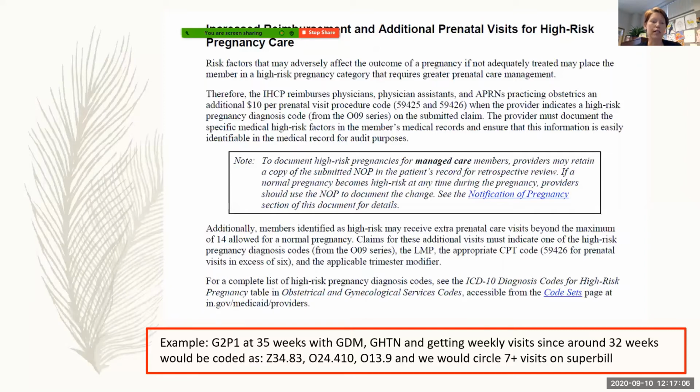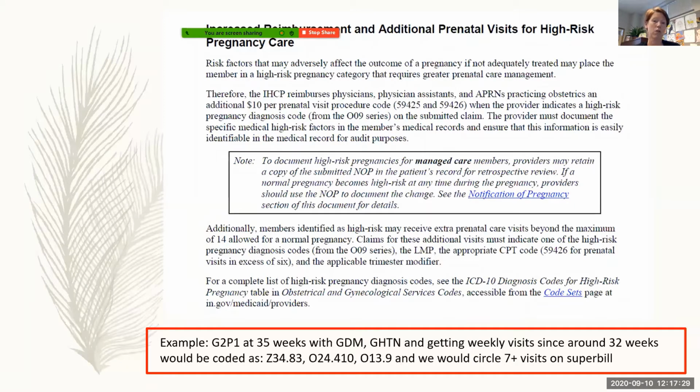And then the code for GDM, not that anyone needs to memorize this, and I do not have it memorized, is O24.410, and the gestational hypertension code is O13.9. And again, that just designates that those O codes are what ends up falling out for the high risk. And then when we're circling on the super bill, I'm going to show you this because a